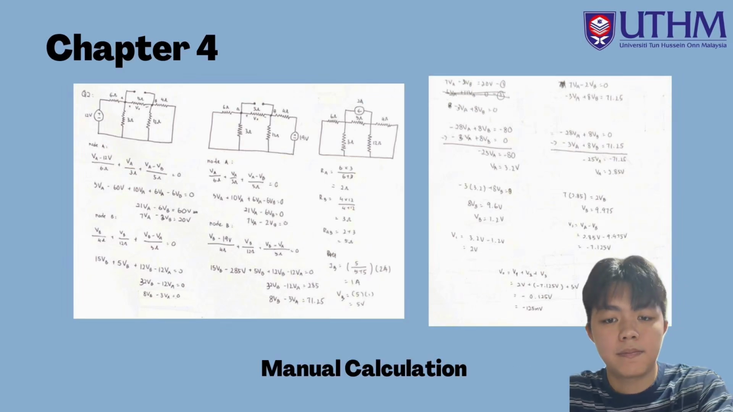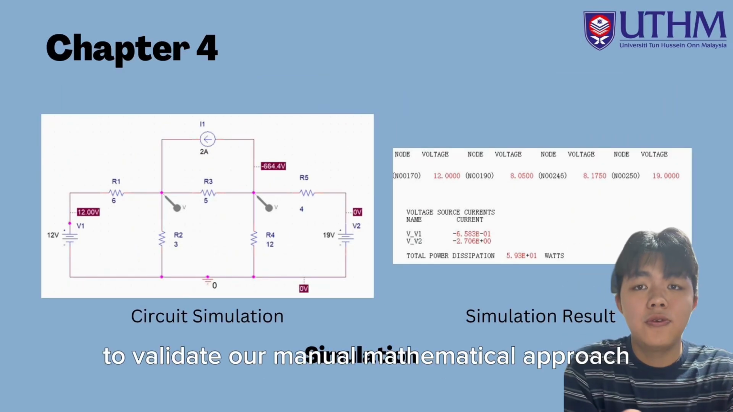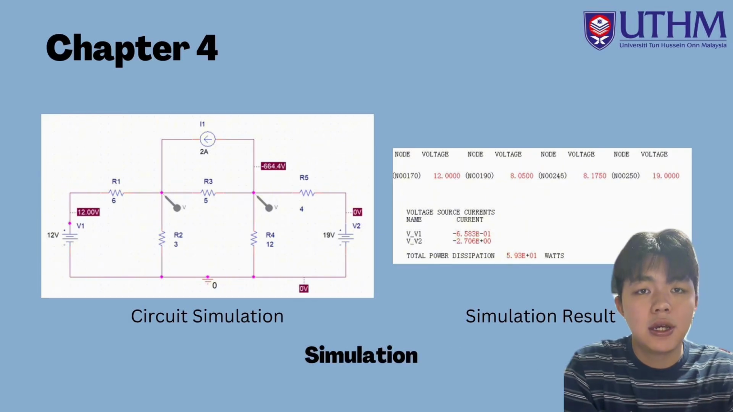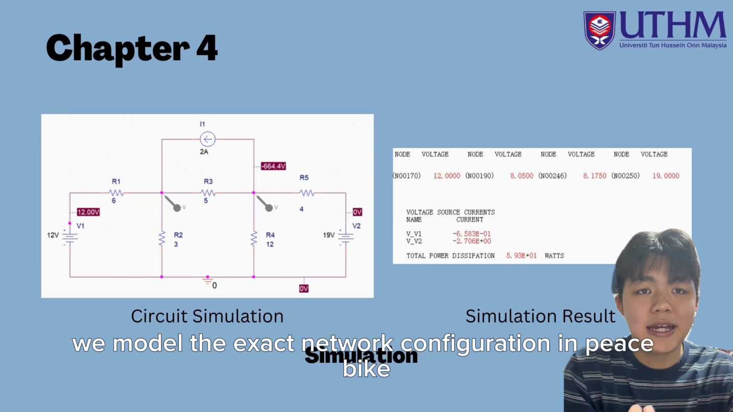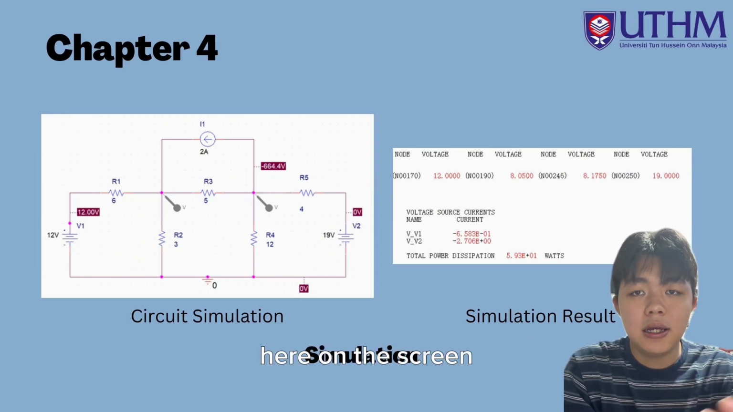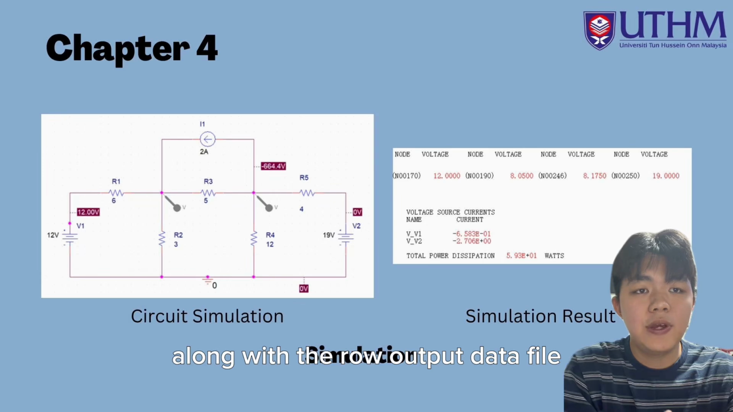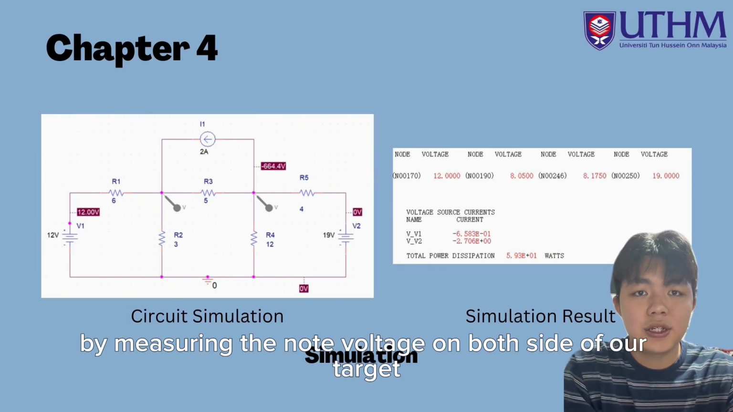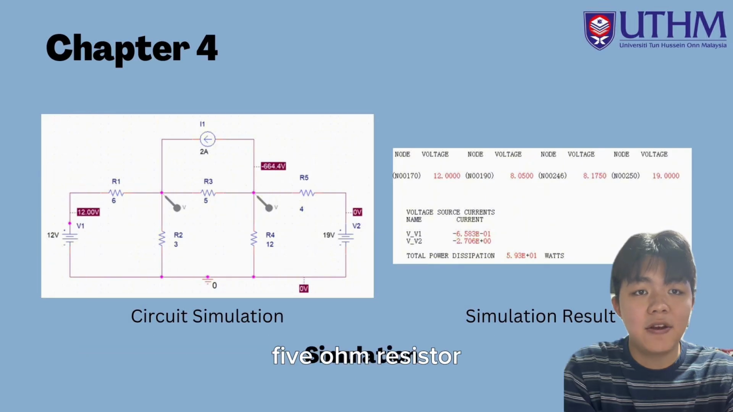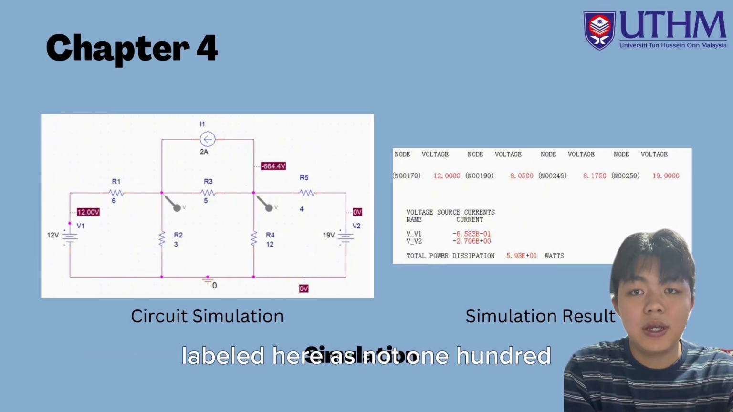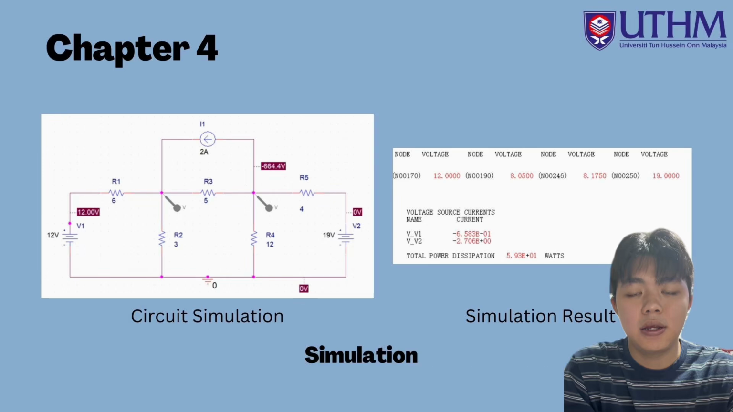125 millivolt. Alright, so to validate our manual mathematical approach, we model the exact network configuration in PSpice. Here on the screen, you can see our schematic with the bias point enabled along with the raw output data file. By measuring the node voltage on both sides of our target 5 ohm resistor, labeled here as node 100,